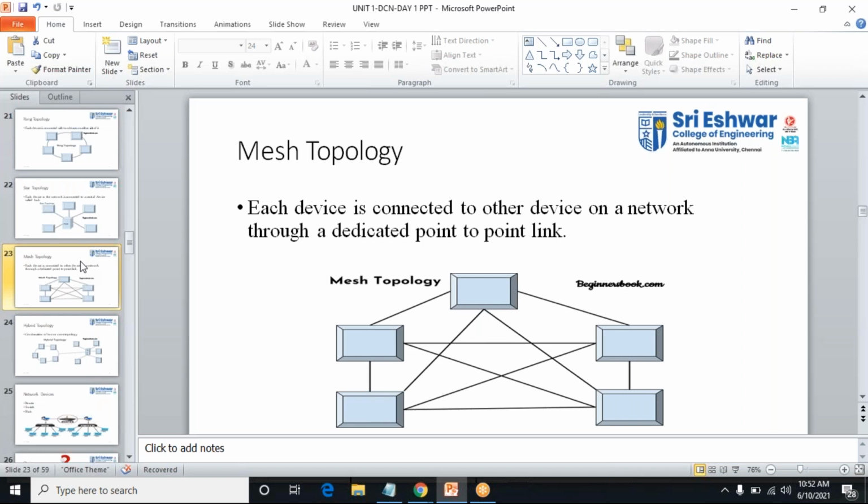I have a direct link. Like point to point buses, which won't stop anywhere, the same way the messages here go. If I want to send data from here to here, I have a direct connection, a direct pathway, so I can easily transfer the data. That is the advantage of mesh topology.